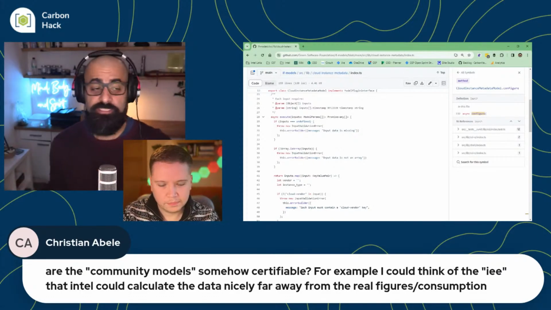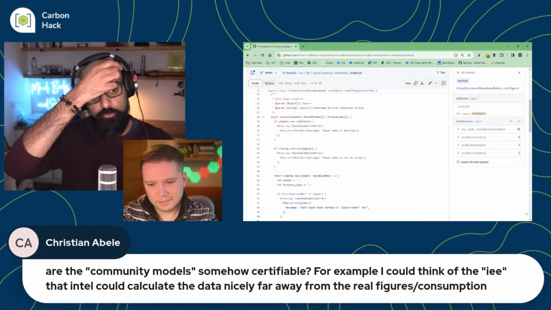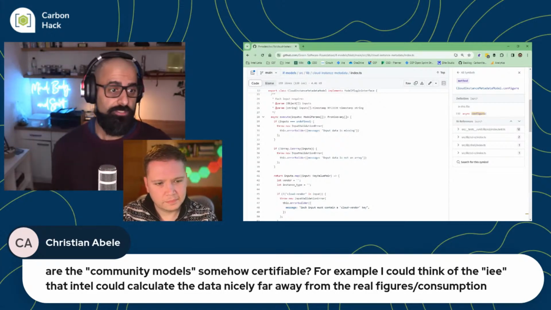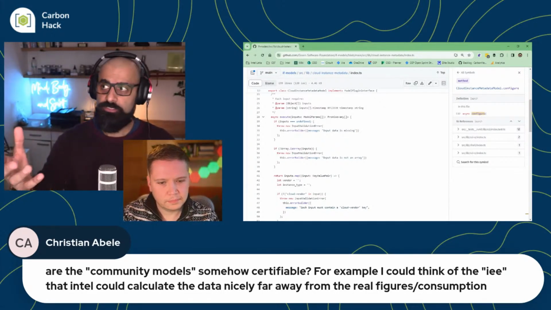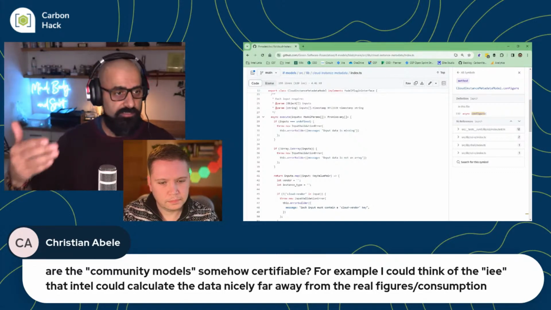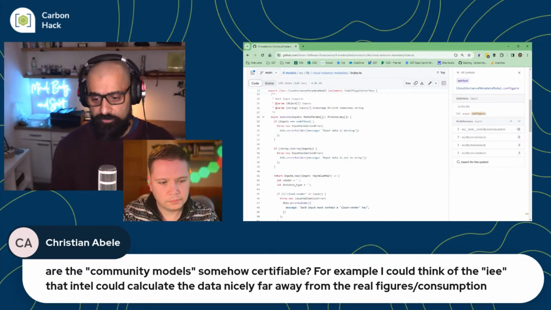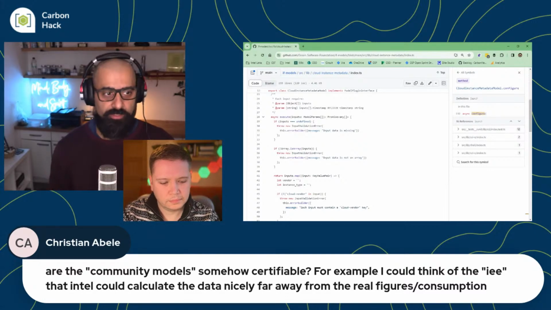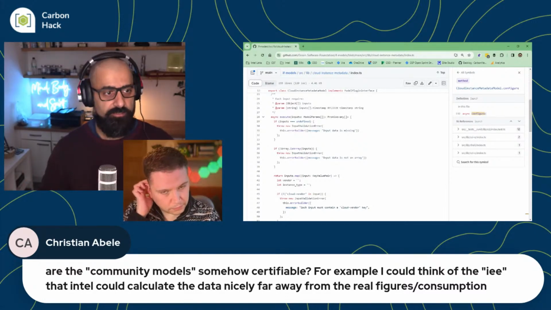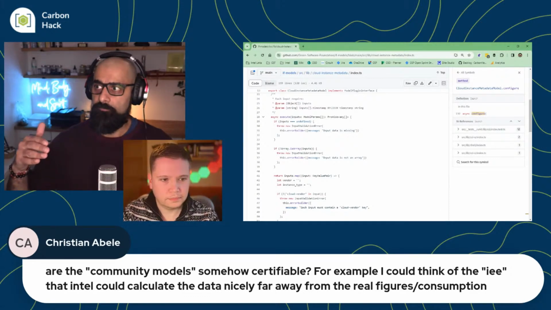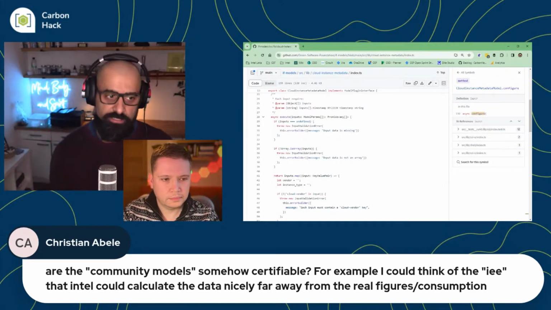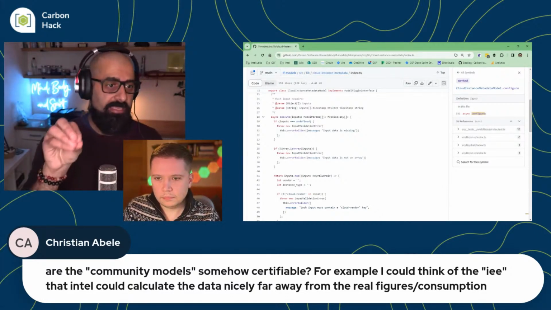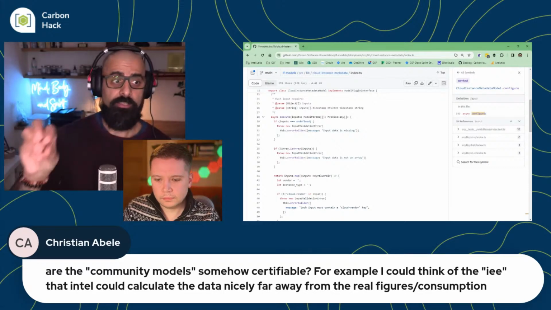IEE. So this is interesting actually, because the IEE model that I showed you right now is actually proprietary. This is something that's important. We live in a world where getting access to data is extremely challenging. There are organizations out there which want to help you to measure software, but you may have to sign an NDA. They may just give you the data for your personal use case. And that's what the IEE solution right now, as it is from Intel, is one of those proprietary solutions.